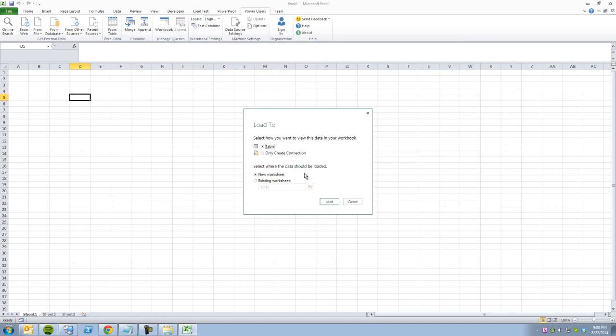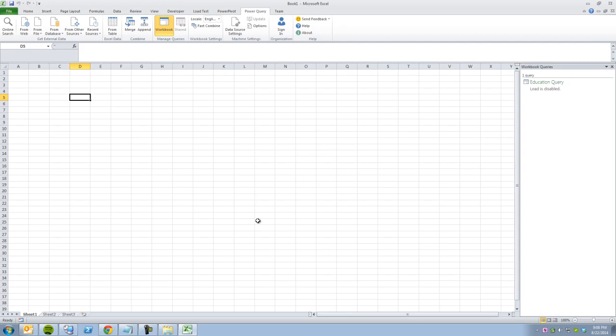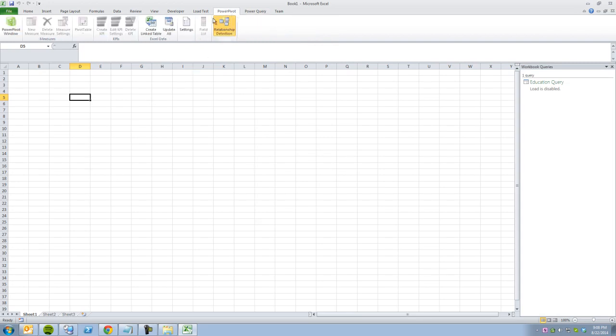I'm in 2010, so the model here is a little bit different. My choices are to load this back to a table on a sheet, which I just have no desire to do. I only need to hook this up to Power Pivot, and so I'm just going to create a connection here and say load. And nothing shows up here. But over here in Power Pivot land,